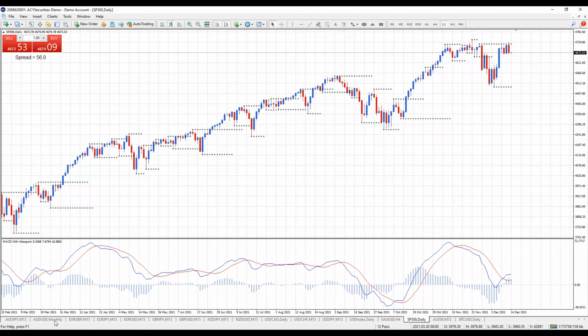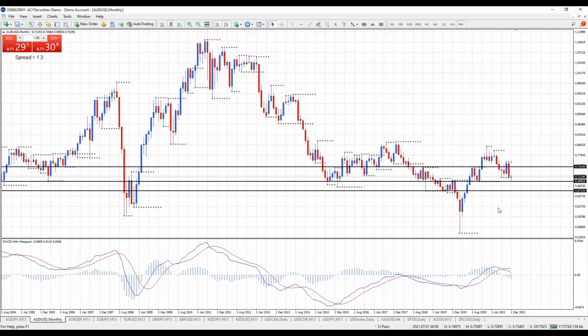Okay, getting to the Aussie dollar monthly, and we've been negative, clearly in a downtrend, lower top, lower bottom, lower top, moving to another lower bottom. Currently having a minor bounce at 69.91 monthly support here. Now it's looking rather weak on the daily chart at the moment. So with that in mind, I'm anticipating we might move back down for another retest of 69.91.